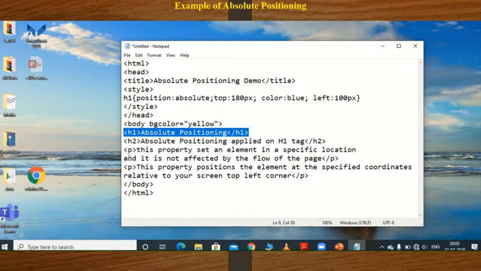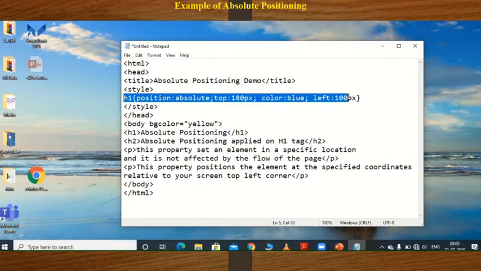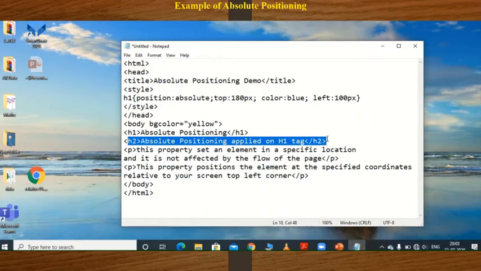Then in the h2 tag, when this line executes, all the properties regarding this h1 are applied: top 180 pixels from the top side, color blue, and left 100 pixels from the left side. In the h2 tag I print one message: absolute positioning applied on the h1 tag only.